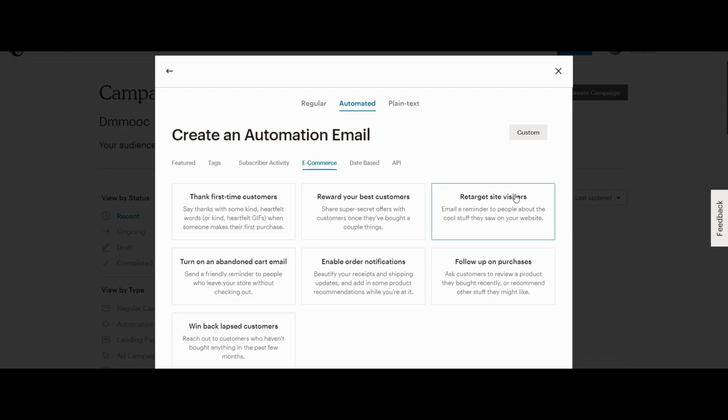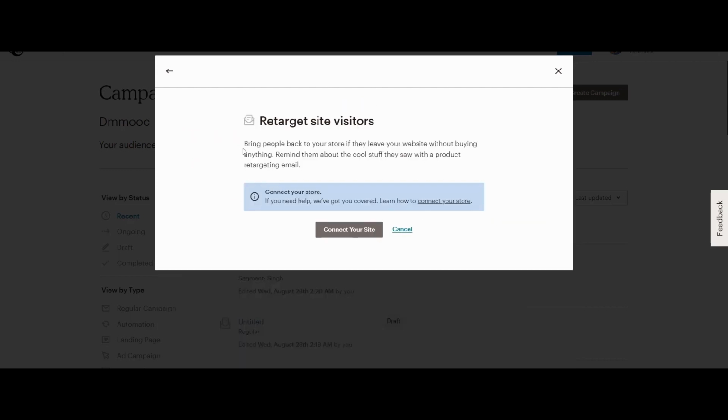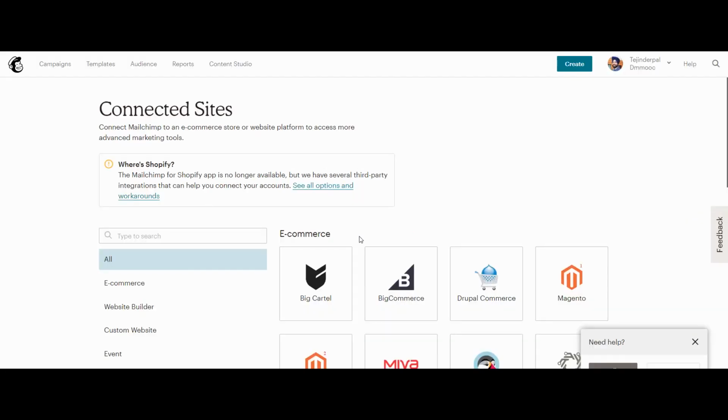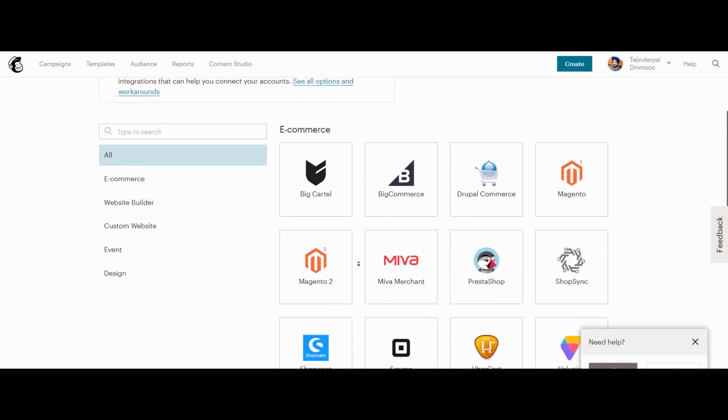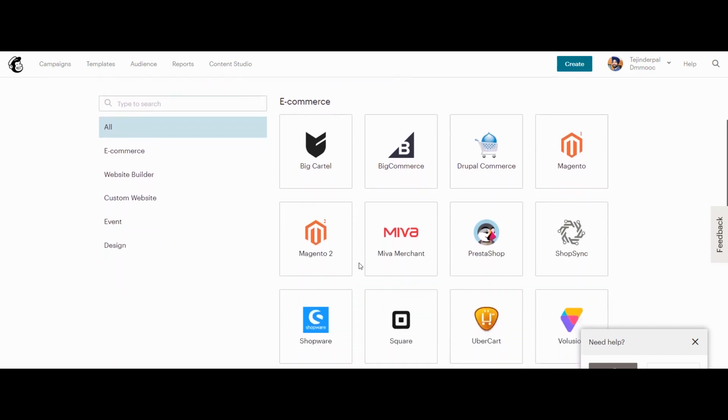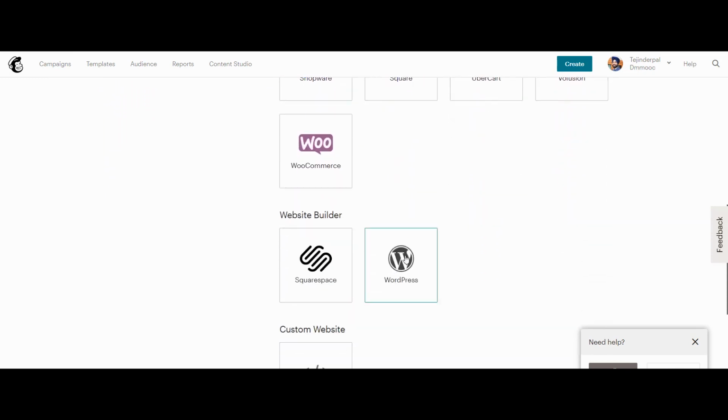This type of mail is very useful when a prospect visits your website and you want to send him a mail or want to show an advertisement to the customer. Let me show you how to use retarget visitor mail. To use this type of mail, you have to connect your site to the MailChimp. Click Connect Your Site. There are various apps and plugins through which you can connect your site to the MailChimp. But as we don't have any e-commerce store, we will simply use the WordPress option to connect our site to the MailChimp. Select WordPress,